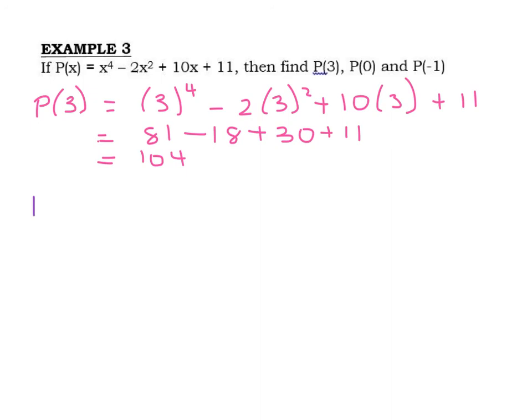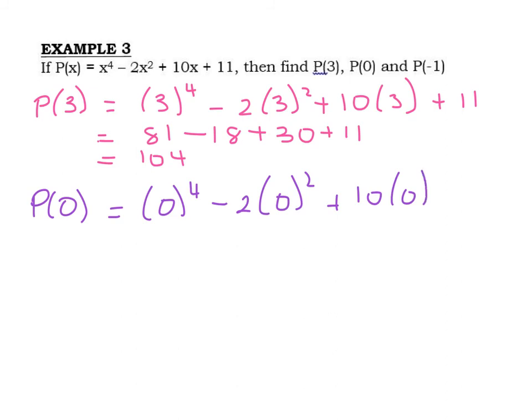If I do the same thing, but instead of replacing x with 3, I'm going to do it with 0. I get 0 to the power of 4 minus 2 times 0 squared plus 10 times 0 plus 11. The first 3 terms will all be 0, so p of 0 is just 11. And finally p of -1,